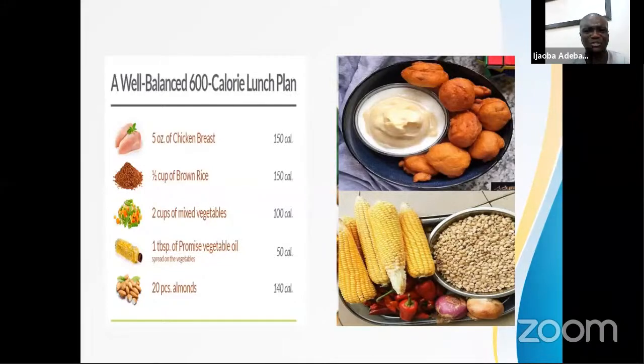The meal in proportion is what you can see on the slide now. 600 calorie lunch plan. You can have brown rice. Fantastic. Get a handful, not the tin. Any food you are eating shouldn't be too much, shouldn't be too full in your hand, because the size of your stomach is this. If you can see, this is the size of the stomach, and it's somewhere here.